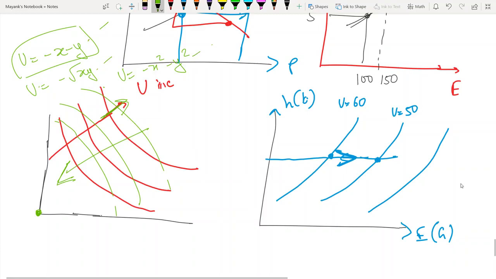Does it signify anything? What it will signify will become clearer later on. What are the benefits of using convexity? But as far as the exam is concerned, we are only interested in the math of it. Why we use convexity is because it has been found that in a lot of cases people prefer average bundles. So that's why a lot of times economists like to assume convexity results.